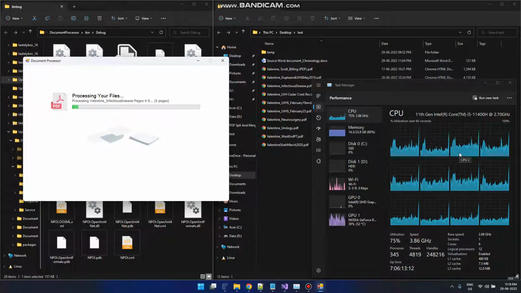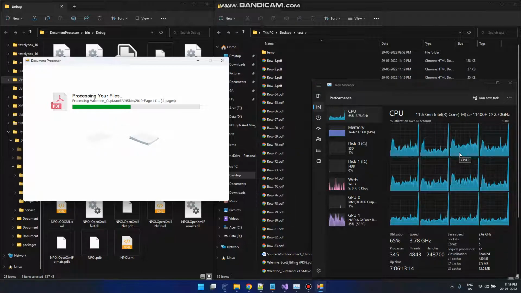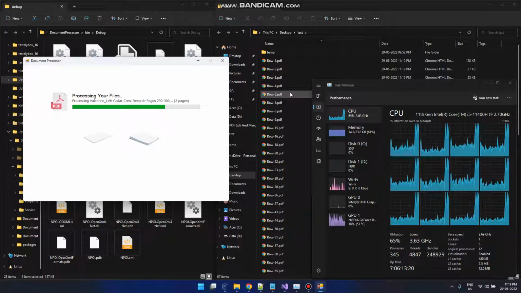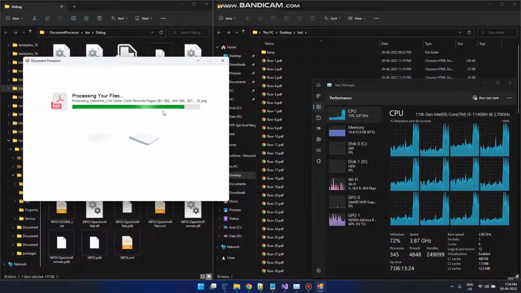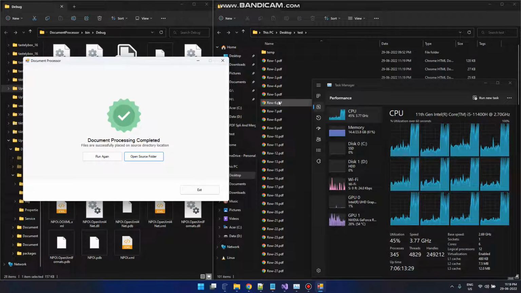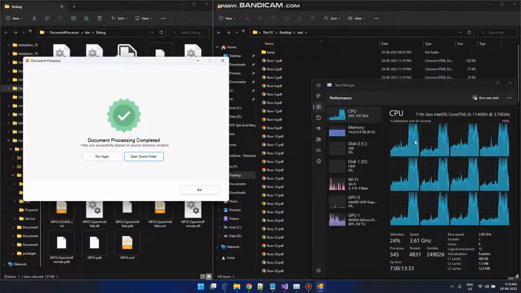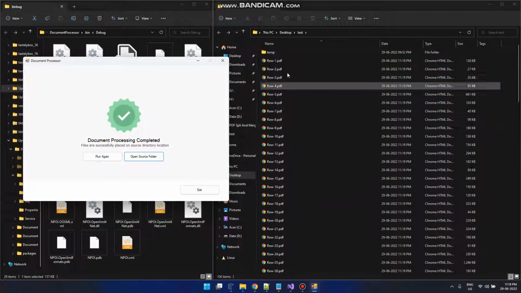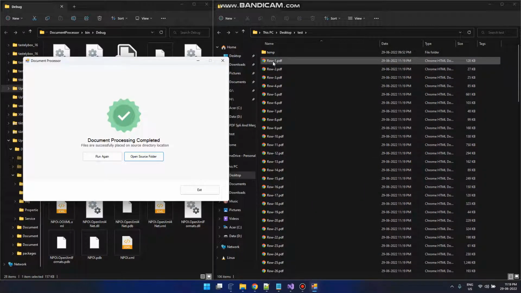You can see the spike in the CPU, which is just trying to generate all the PDFs using all the available cores in the processor, and our PDFs are being generated with a progress bar that shows the update. You can see that numerous PDF files are getting generated. And now our process is completed. As you can see, once the process is completed, the CPU went down, and all the PDFs have been generated based on the numbering that you suggested, row, then hyphen,